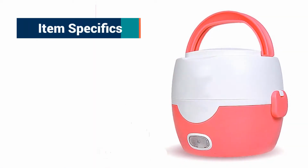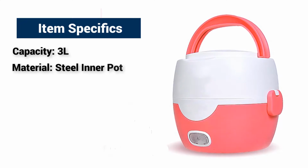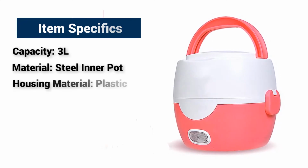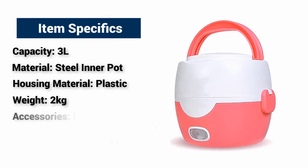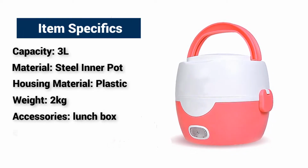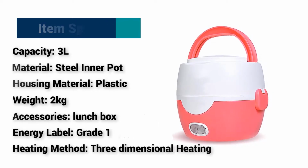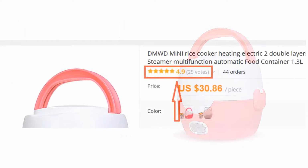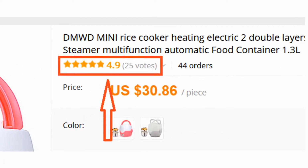Item specifics. Capacity, 3L. Material, steel inner pot. Housing material, plastic. Weight, 2 kilograms. Accessories, lunch box. Energy label, grade 1. Heating method, 3-dimensional heating. Many people have already bought this rice cooker and their reviews show that the rice cooker